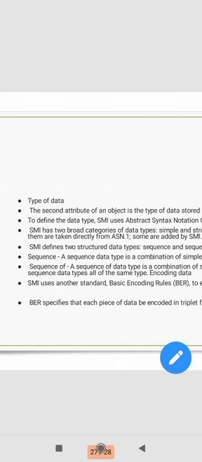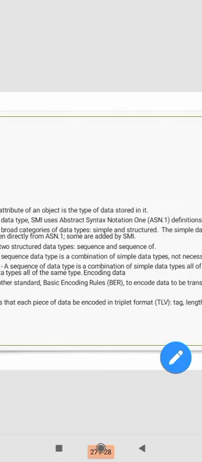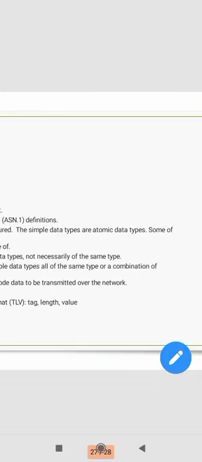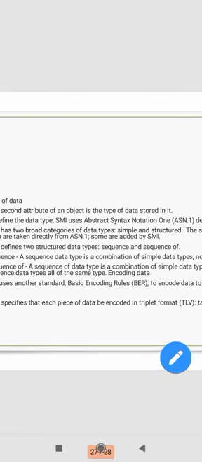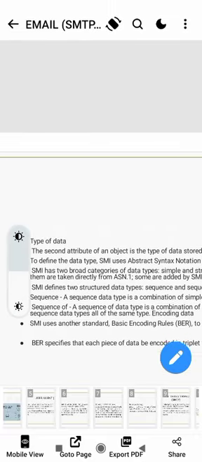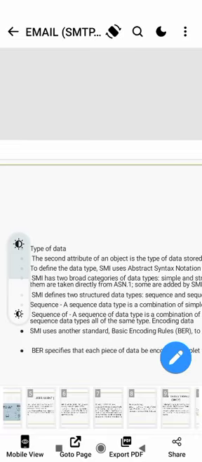BER specifies that each piece of data can be encoded in triple format, that is called TLV, tag, length and value. So in this, what all we have seen, first one is email. What do you mean by email? Email is